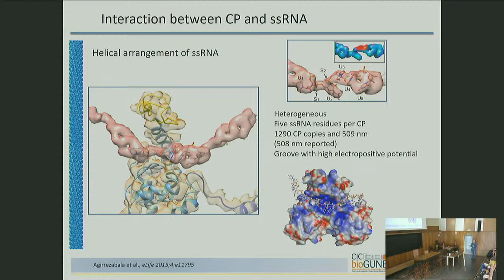So everybody in the field presented a poly-U as a model for the single-strand RNA, and that's what we did. But the few things that we could learn is that we have a stretch of 5 nucleotides per subunit, which fits really, really well with the length and the number of CPs. And also that no matter what the real orientation and structure of the RNA was, we always had one nucleotide sticking out from the rest. It was pointing to some kind of RNA binding pocket.